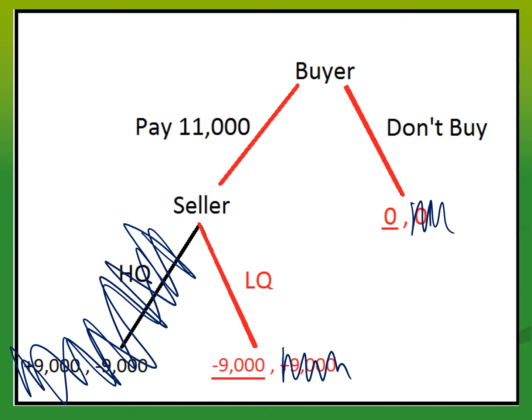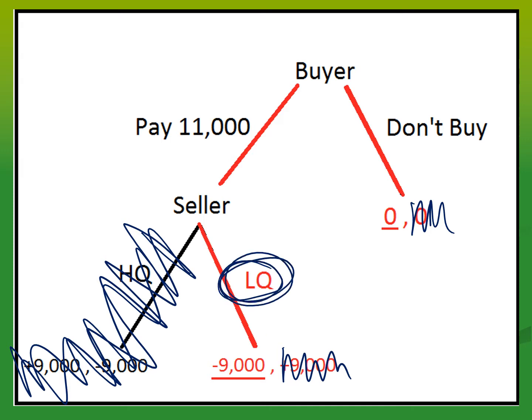Even if the buyer pays, say, $3,000, we will still get only low quality cars sold, and now we will only be at minus $1,000 for player one. So we still wouldn't do these transactions. We're going to drive the price all the way down to the worth of these low quality cars, $2,000. Only then will we actually get any transactions taking place, but all of the transactions that take place will only be low quality cars.